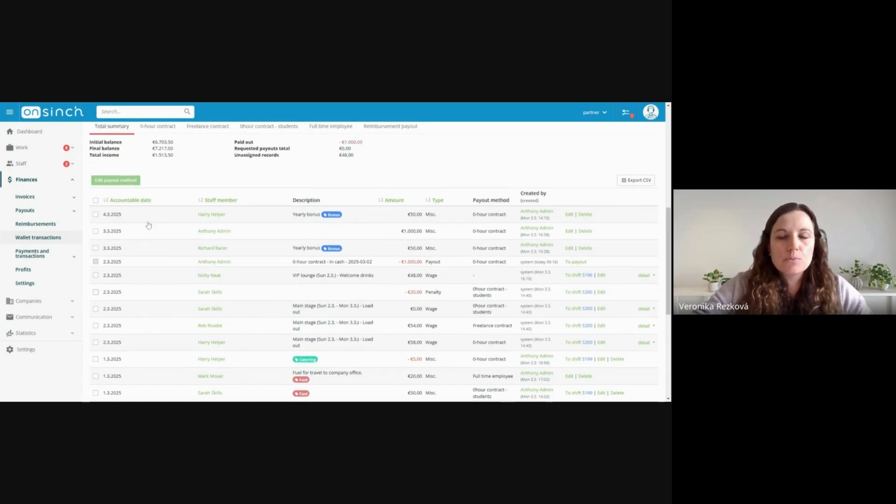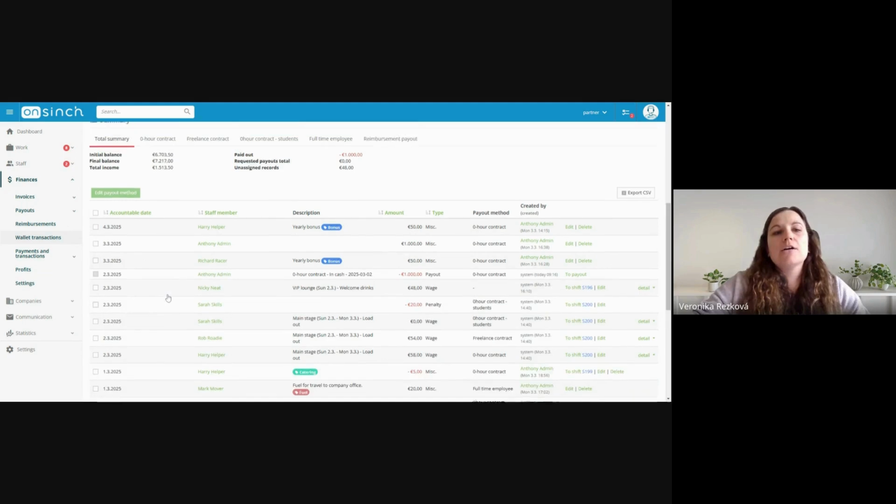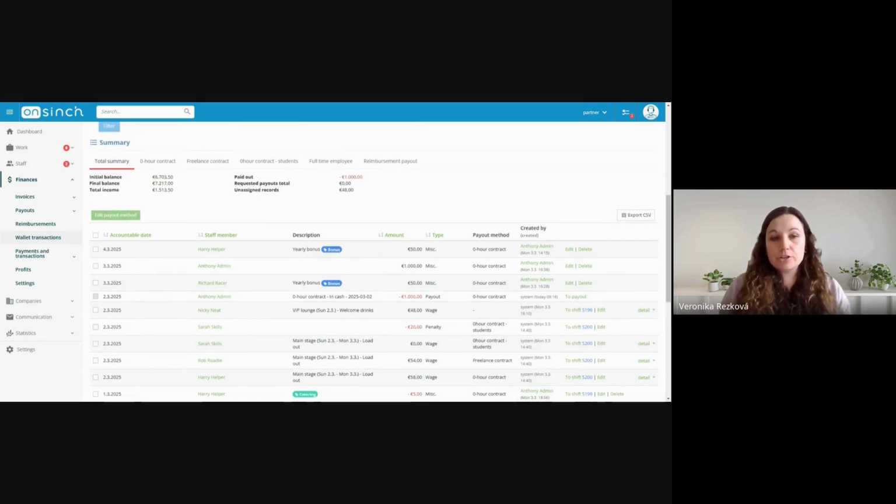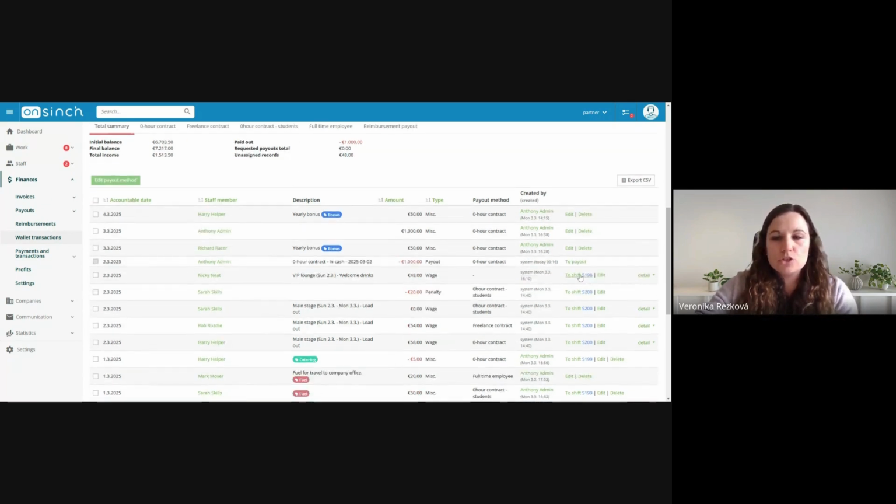For our topic, it's also important for me to mention this first column, which is accountable date, because usually when you are working in your payroll period, accountable date is important because you want to know all the wages, bonuses, and money that are related to the certain period, and that's done by the accountable date. How is the accountable date set? If the wage, bonus, or manual record is related to a shift, so if you connect it with the shift, the accountable date is the date of the shift. So everything which is related to that job,